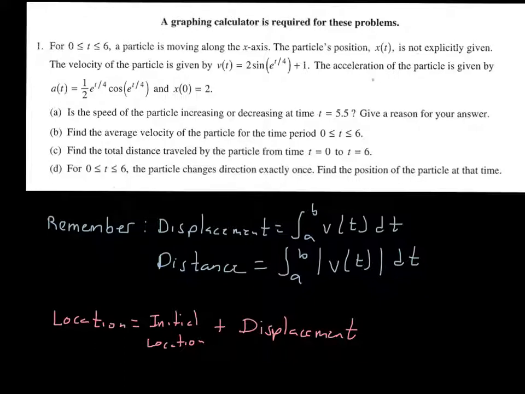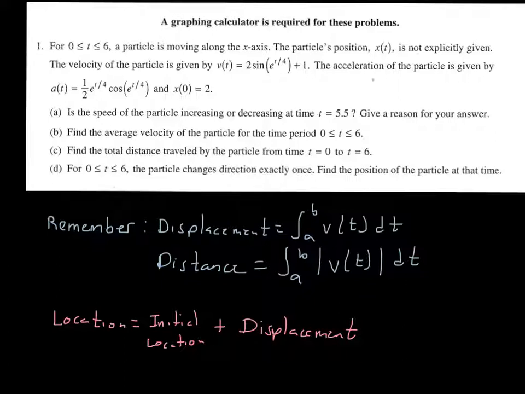Part C is one that I wanted to highlight here, C and D really. What you have to remember is distance versus displacement. The displacement is the net change that you've had from where you started to where you end. Distance is the actual amount that you've traveled. So what you have to remember on here: displacement is the definite integral from a to b of the velocity function, whereas the distance is the definite integral from a to b of the absolute value of that velocity function. And the last thing